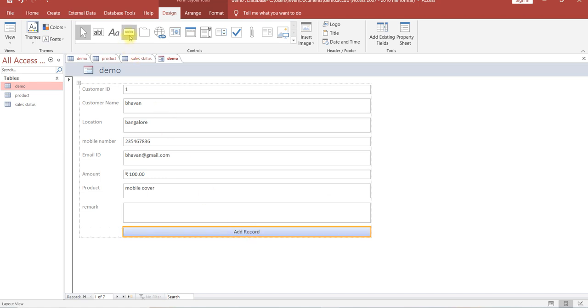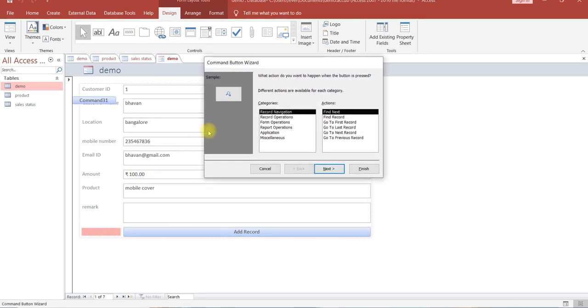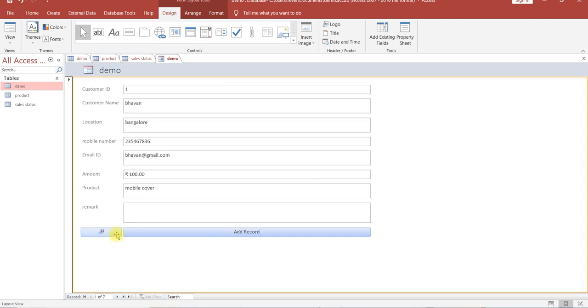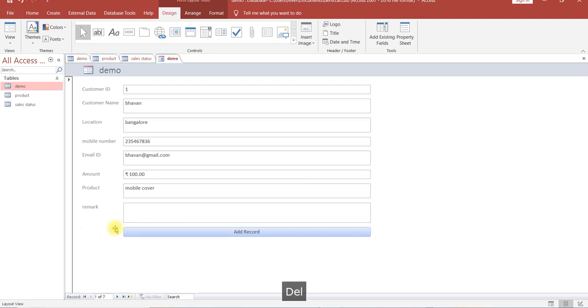Similarly, one more button we will create. Place the button here, record operation, save record, finish. Here an image has been taken. If you don't want this one, delete.